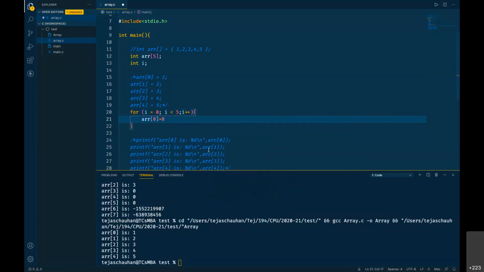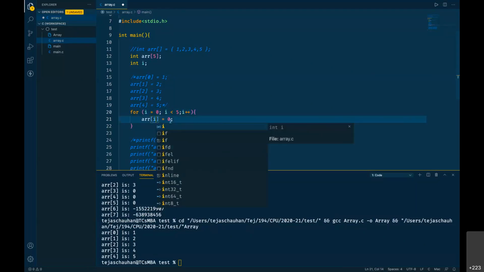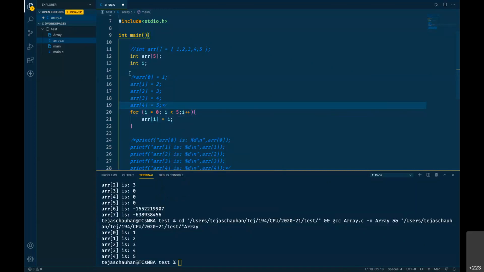That is my first statement. But instead of 0, next time I want 1, 2, 3, 4, and so on. And I can have all those values from I, because I is starting from 0 and increasing one by one. So it can be ARR of I equals I. Now this is how all these statements are reduced to this loop.